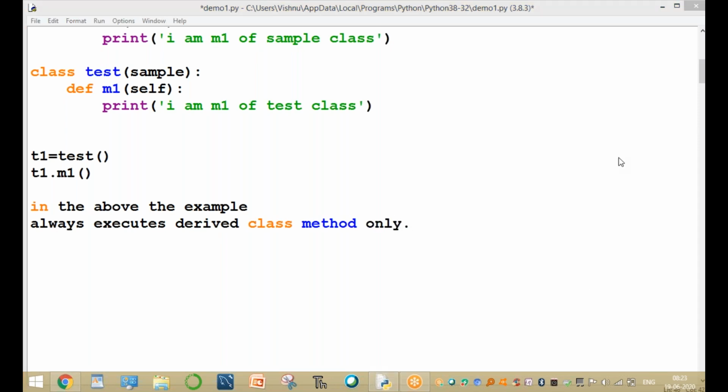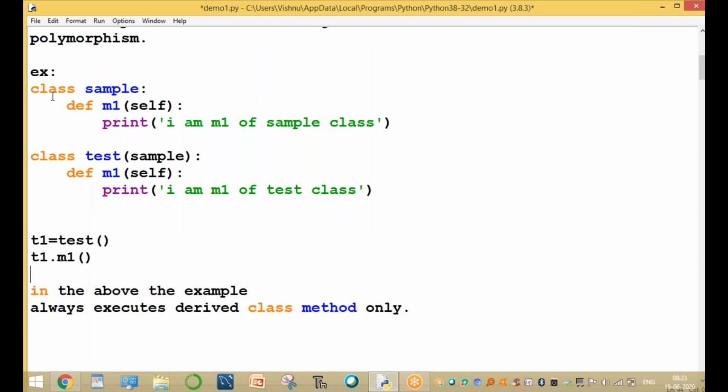That is very important. Overloading is for compile time, overriding is only for runtime. The above example always executes the derived class method only.